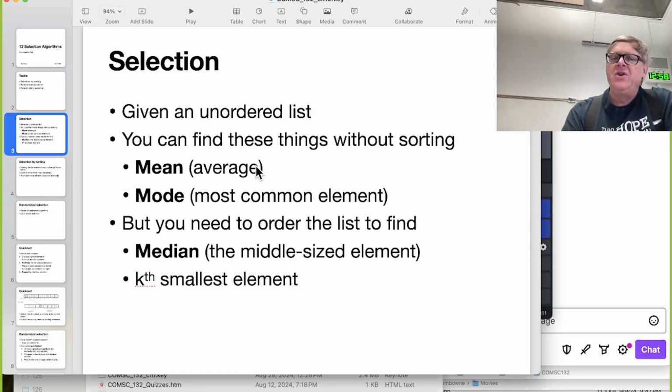You could find the average. You just have to add up all the numbers and divide by the total number, and you can do that without sorting it. You could find the mode, the most common element, by just counting how many times each element occurs. But if you want to find the median, the middle size element, or the kth smallest element, it appears